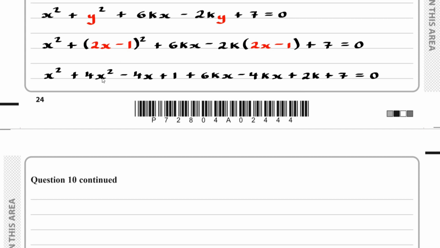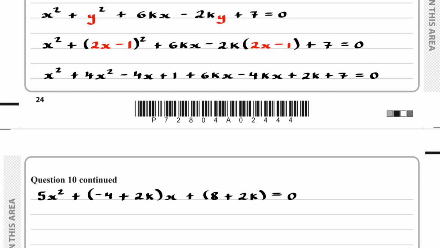So I've got x squared plus 4x squared, that's 5x squared, then I've got negative 4x plus 6kx subtract 4kx, that's negative 4 plus 2k x, and then I've got the 1 plus the 2k plus the 7, that's 8 plus 2k, and this is all